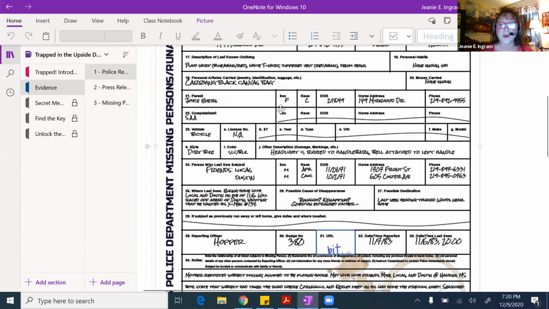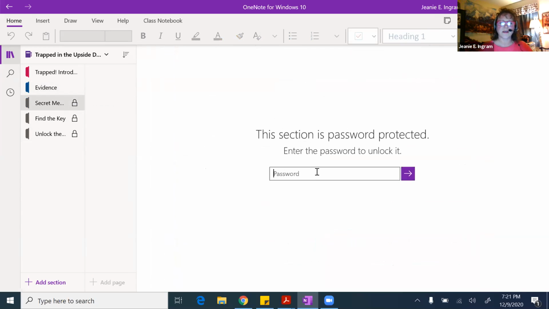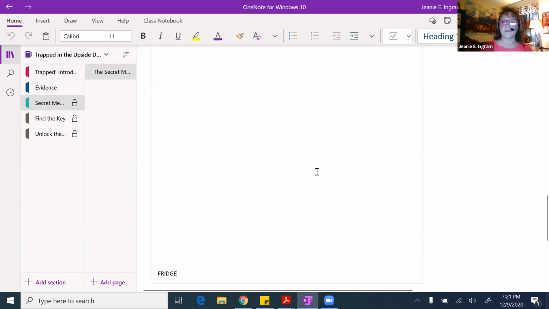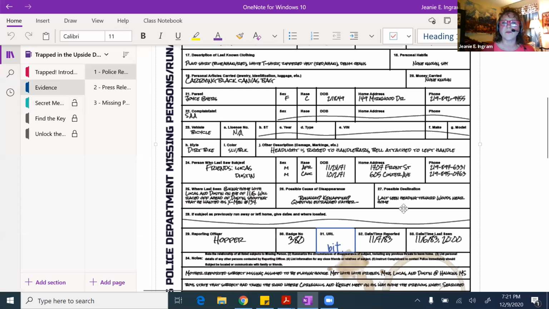Students might have to keep going through all this evidence. Here in this box in the center, it will say he wanted his X-Men number 134. That is actually the clue to the next section, 134. And in this section, I say, did you find the website link to Will's secret message? Go back to the evidence, and that's where they would have found, remember I said there's some colored letters, what it actually is a bit.ly link